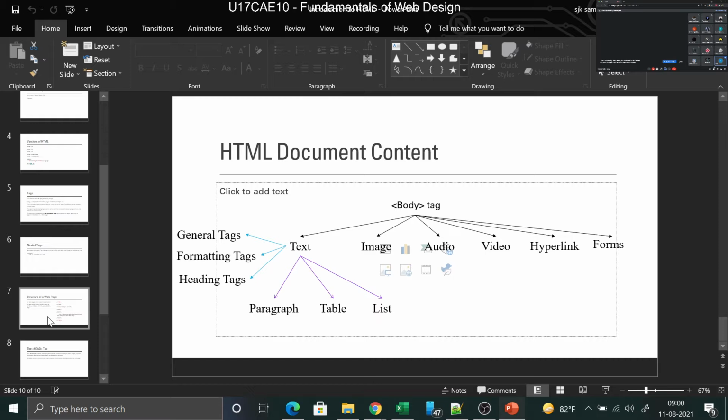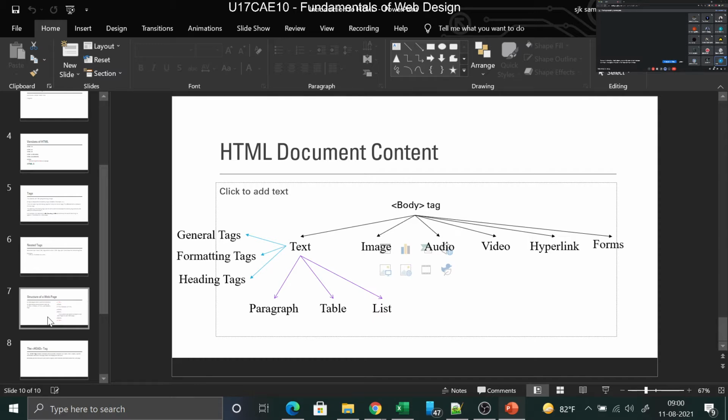If you take a very simple raw HTML file, it will look something like this. I have already taught you how to run an HTML program. This is a basic structure. You have the opening HTML tag, then the closing tag, the header section.